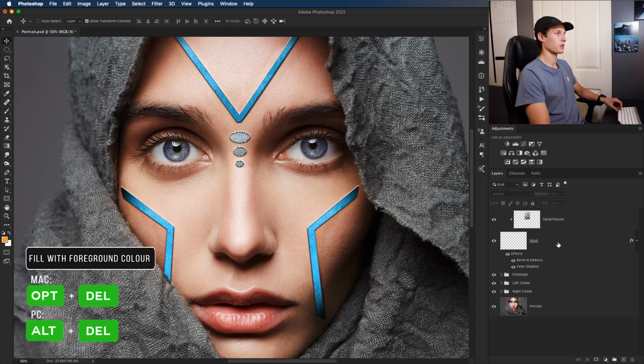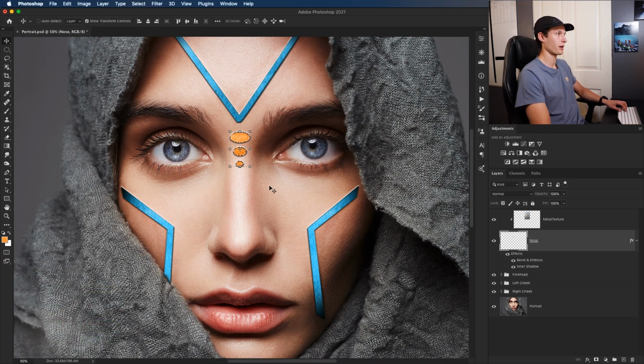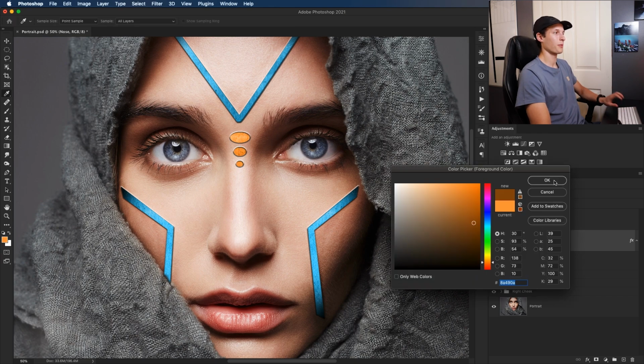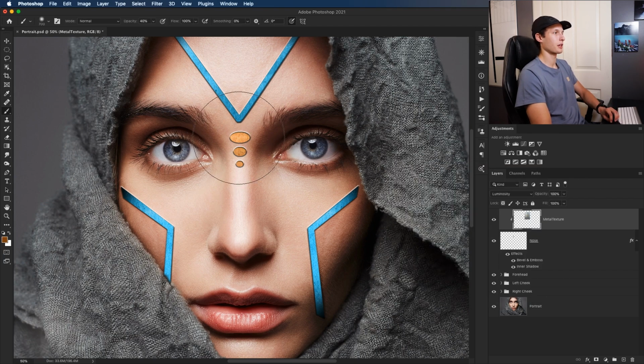And then with that nose layer selected, I'll hold Alt or Option and Delete to fill it with that color like so. Press Command or Control D. And then now you have that updated color. I might just adjust this color a little bit more until I'm happy with the result, maybe add a bit more brown. Now I'm not really happy with the exposure of this metal on her nose,